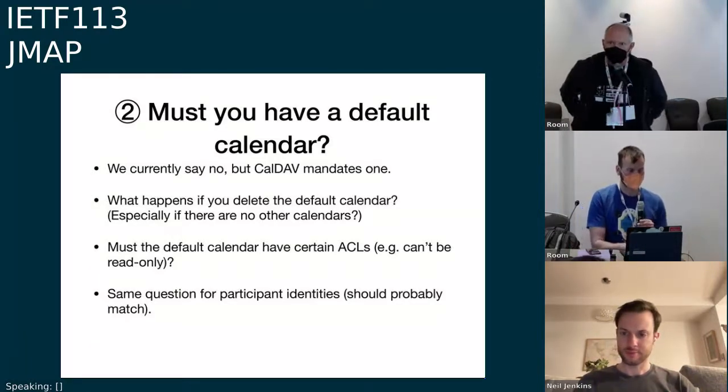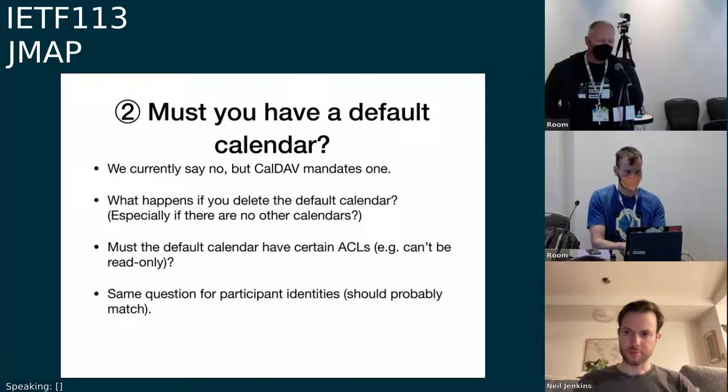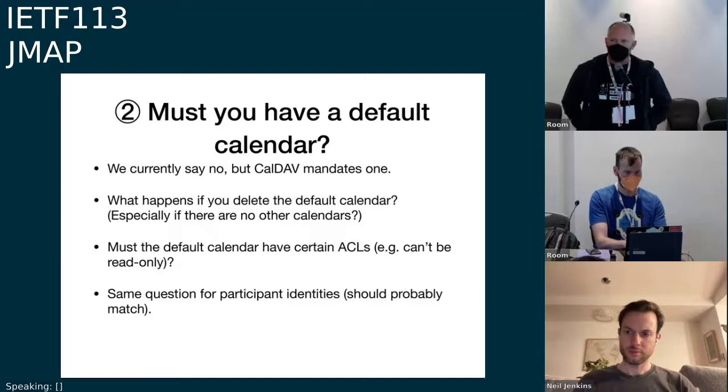Ken Murchison again. I can't speak to the potential problems that Hans-Jörg just brought up, but to try to clarify my previous thoughts on this and wrap things up. So my opinion is, if the user expects to have scheduling, they need at least one read-write calendar. The default calendar essentially is a user option that if they have multiple read-write calendars, they tell you which one they would like new invites to go into. It's not a mandatory thing on the server. It's a user preference. This is where I want to see all my new invites. That's really all it is in CalDAV. And I don't think we should make it more than what that is in JMAP.